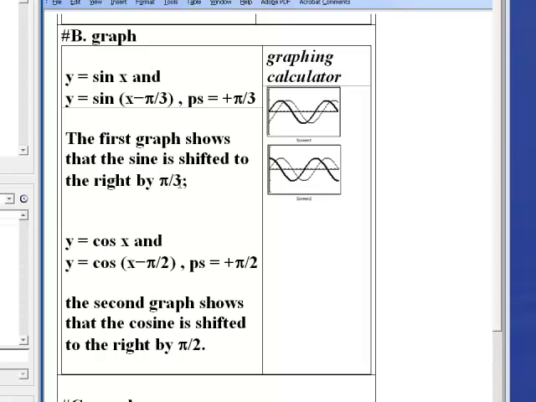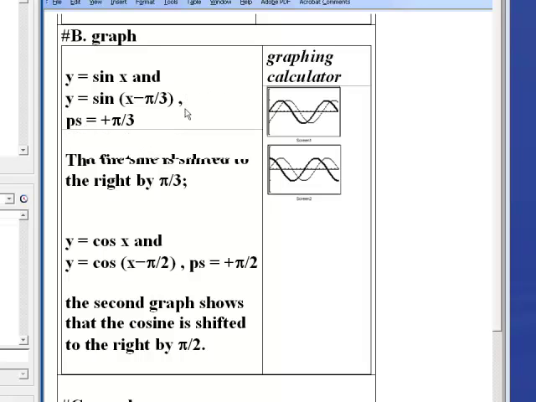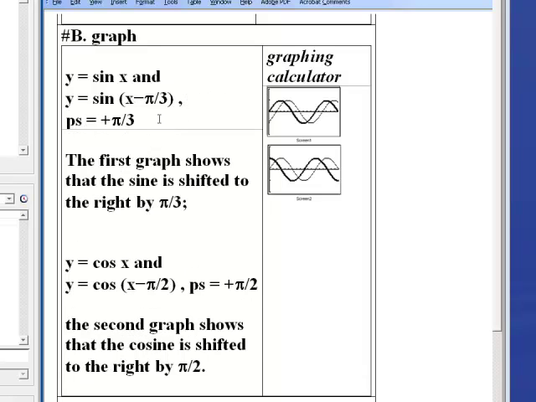And while I'm on the graphing calculator, I might as well do the next one here as well, which says graph y equals cosine of x minus pi over 2. And then again, I will just graph the normal cosine and see how the graph is affected in each case. The phase shift here comes out to pi over 3 on the first one because the phase shift is defined as negative c over b,